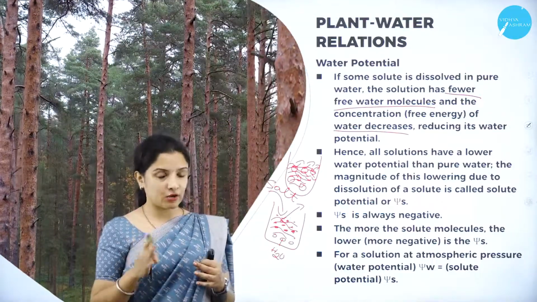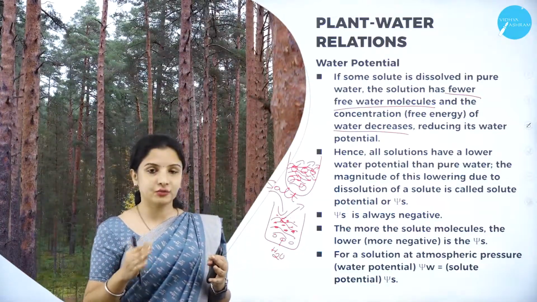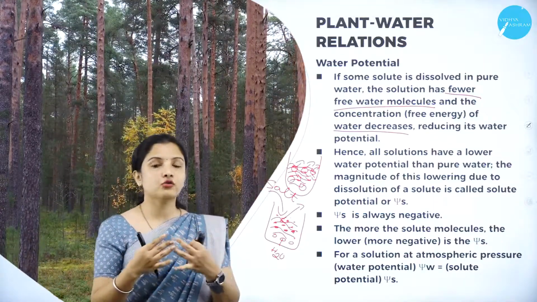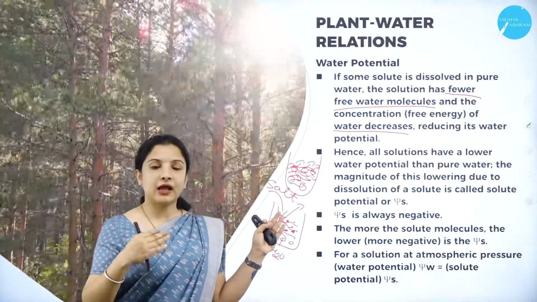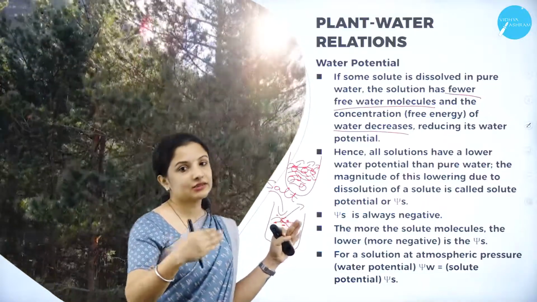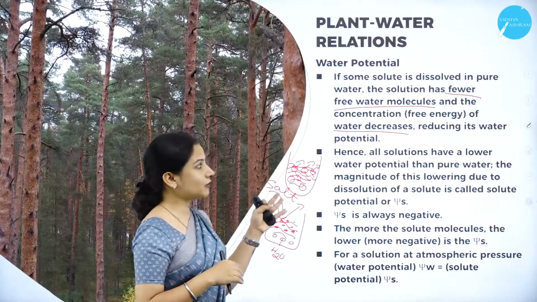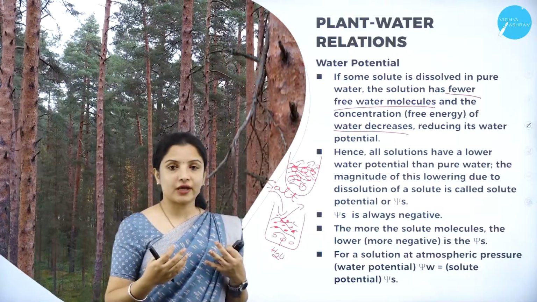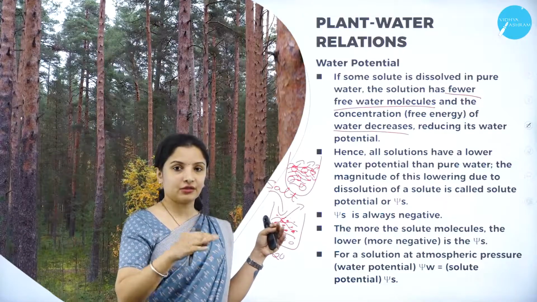Remember, I always told you previously, the water potential always depends on the solute potential. So what is water potential? It is nothing but the ability of the water to move freely. That is why, because of water potential, the water in a plant can move to different parts of the plant. But imagine if it is pure water, it will easily move because only water molecules are present. But on the other hand, to the movement of water molecules also energy is required, right? So similarly here, what happens in a beaker if we dissolve a solute, that is a salt?